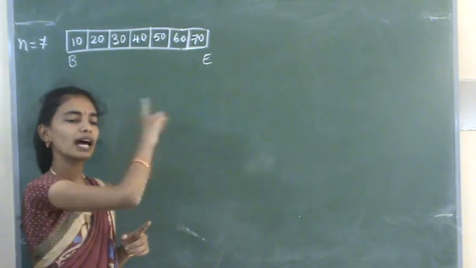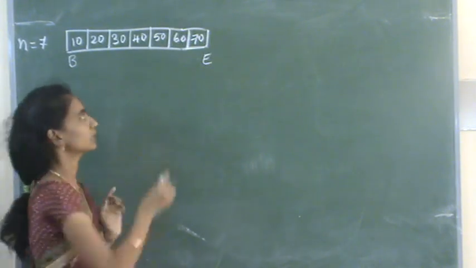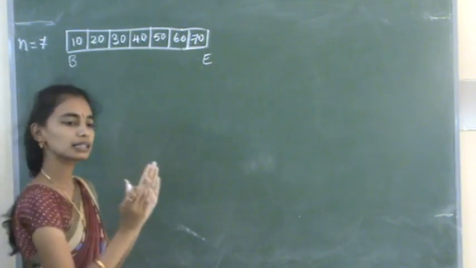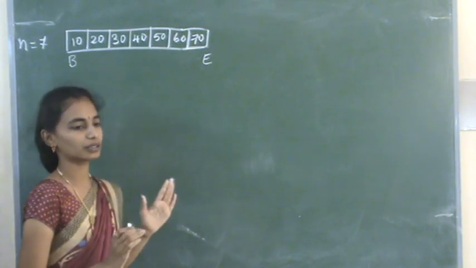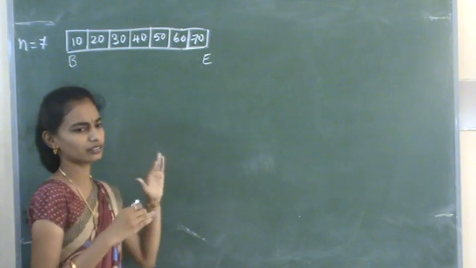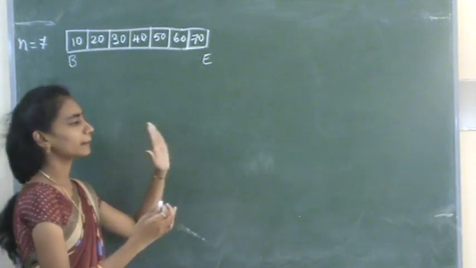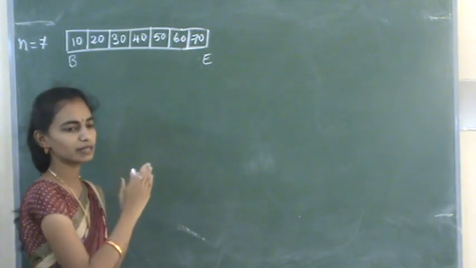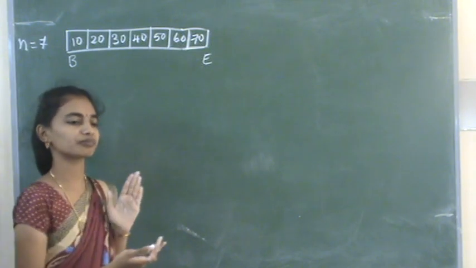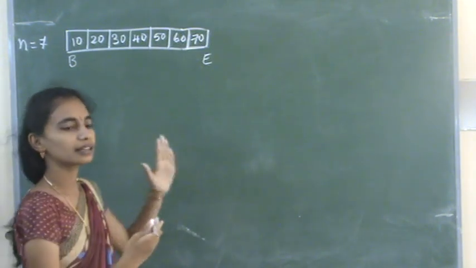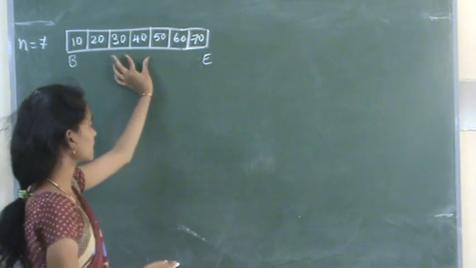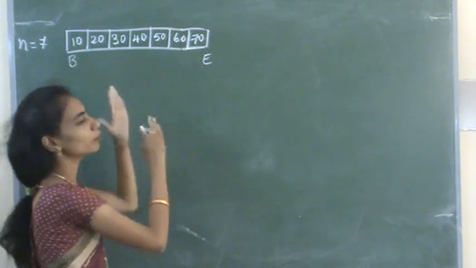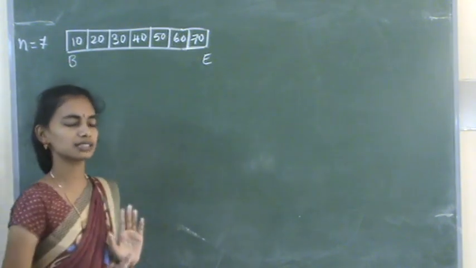In linear search we were searching all the elements of the full array. In the binary search method, we search only either the right part or the left part, any one part. How do we compare, and how do we decide whether to take left or right? Based on the if condition, whether the search element is greater than the middle or less than the middle. If you take this 40 as the middle, we check whether the element we are searching is greater than or less than 40, and based on that we search in this array.